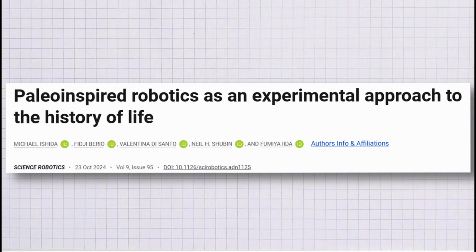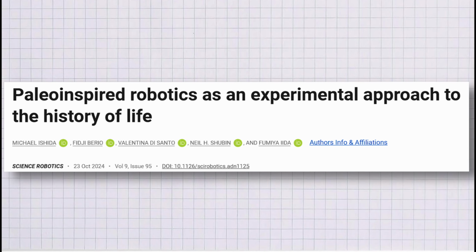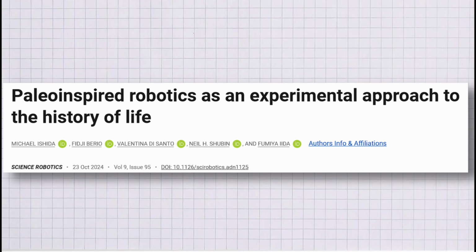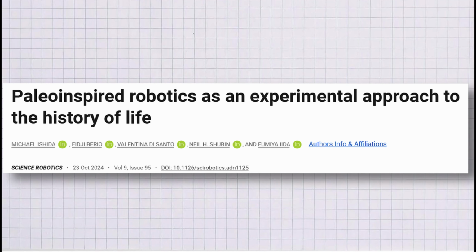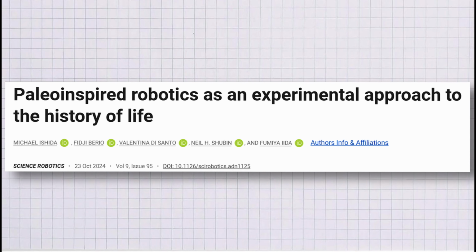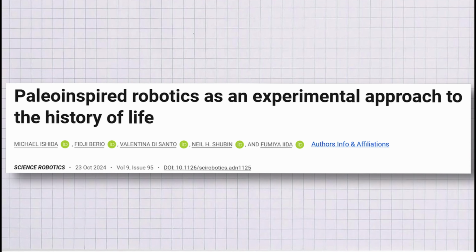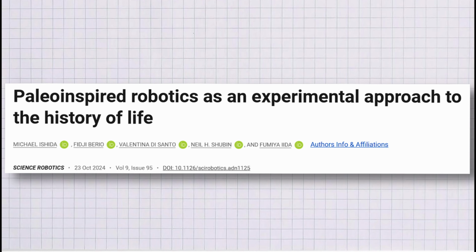Why a soft foot? Don't we usually just find bones? That's the point. Fossils typically only preserve those hard tissues, but soft tissues, the muscles, the tendons, skin, play a critical role in how an animal moves and leaves those tracks behind. So by using that soft foot model, they could get a more accurate representation of how a theropod might